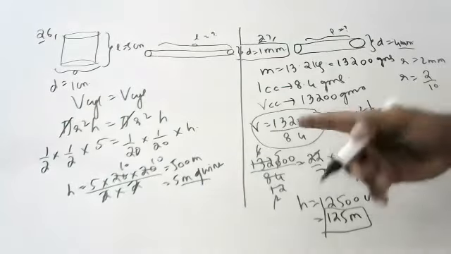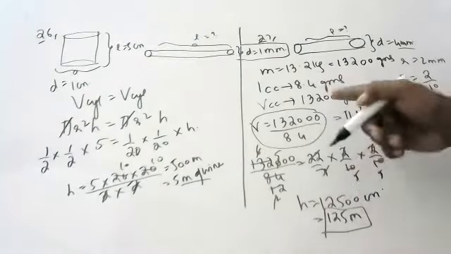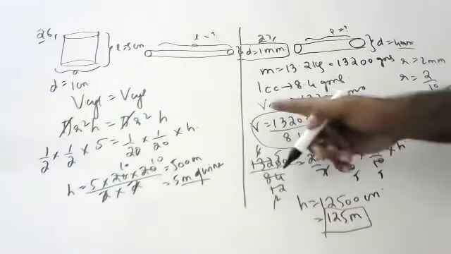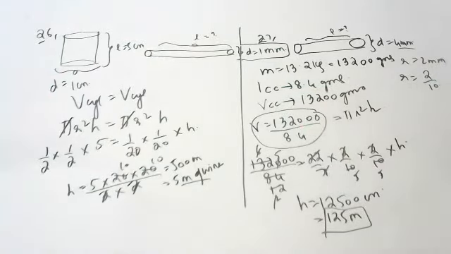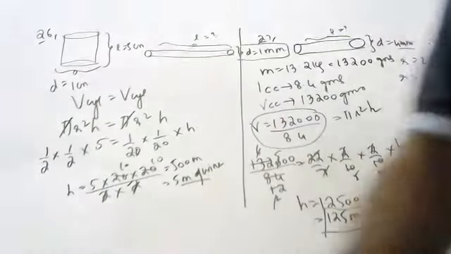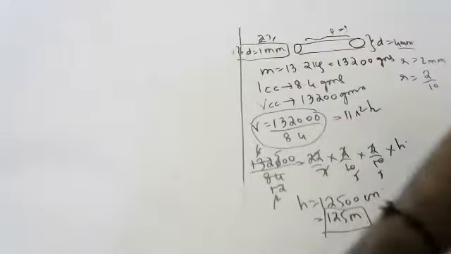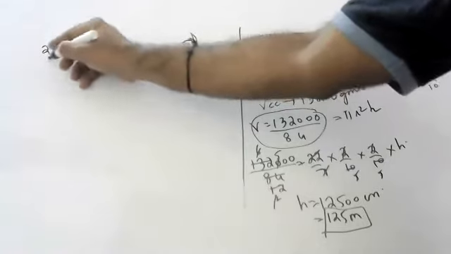So how I found out the volume, you should understand, children. 1 cc is 8.4 grams means how many cc is 13,200 grams. First I found out volume. From volume I found out radius. You should have a lot of stability while doing the sums, children. If you don't know what you are doing, then you will never understand the sums. Unnecessarily, you will claim that maths is very tough. Only thing is you should have stability, balance, coordination, everything when you are doing the sums.